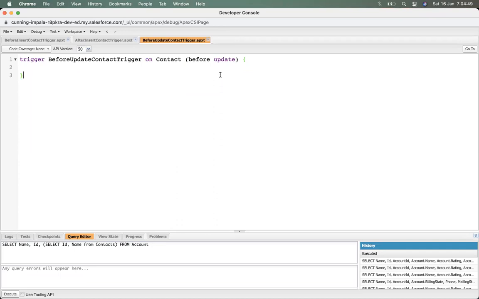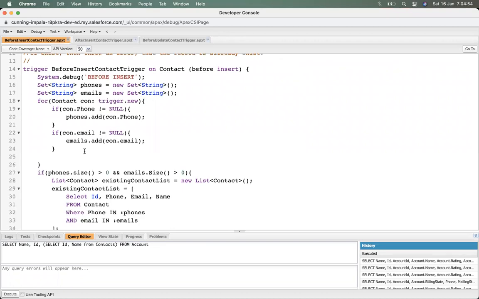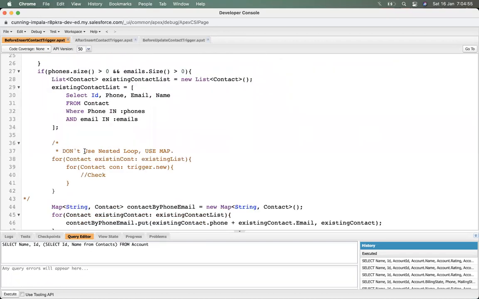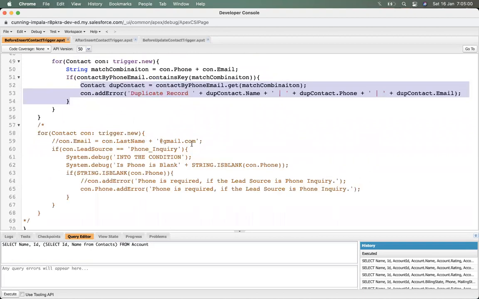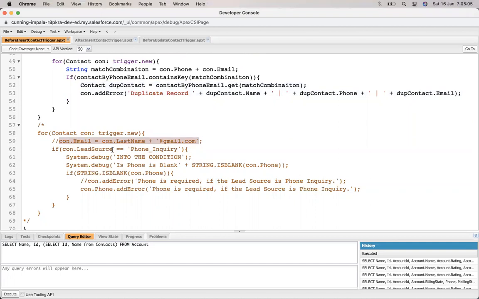It runs only when the record is updated. Updated does not mean what I did in the before insert, where last time we were changing the phone number. That is not an update statement. It's just changing the value. We are not updating anything, we are just putting the value, or we can say initializing the value.